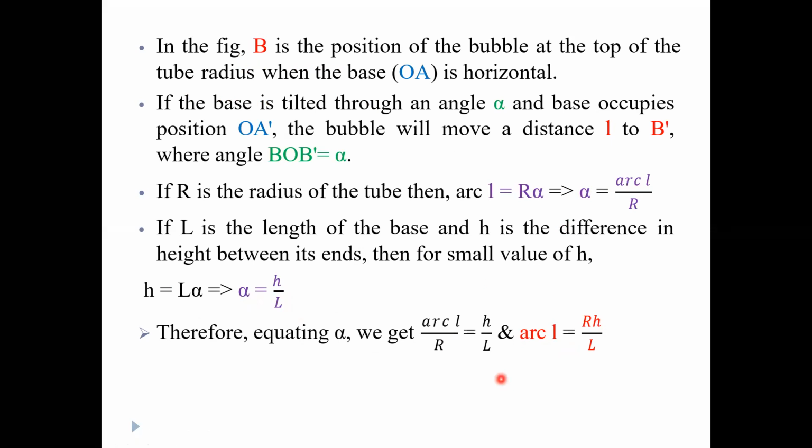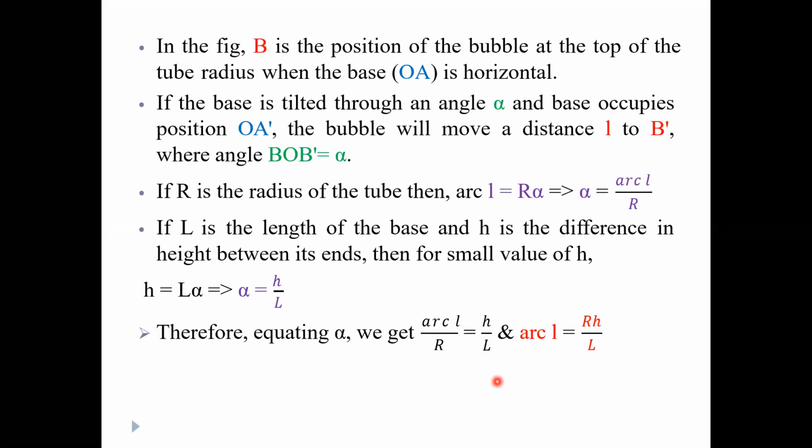In practical applications, if you want to find whether a given surface is purely horizontal or not, you have to place the spirit level on the work part to be tested and observe the bubble position. If it is at the middle, you can conclude that the surface is purely flat. Otherwise, there is some variation on the surface, and you have to identify the angle. How to find the angle? You have to measure the bubble's moving distance.